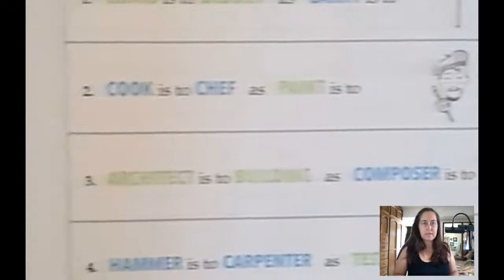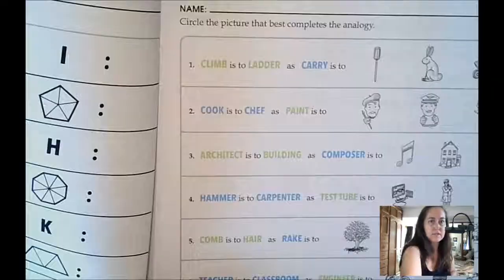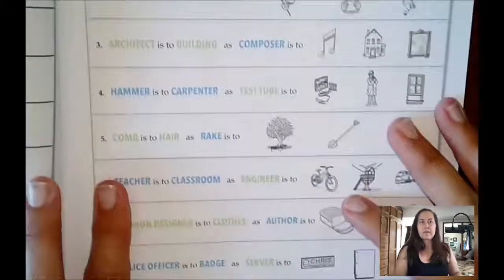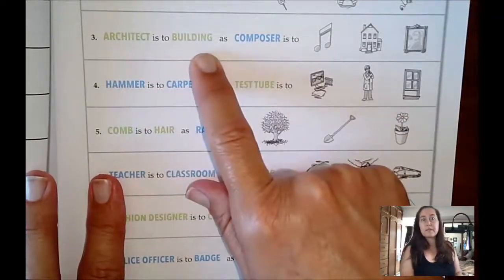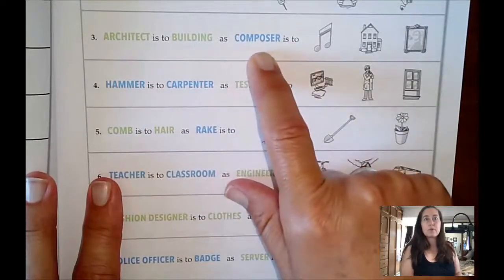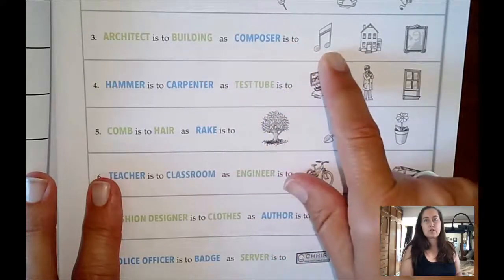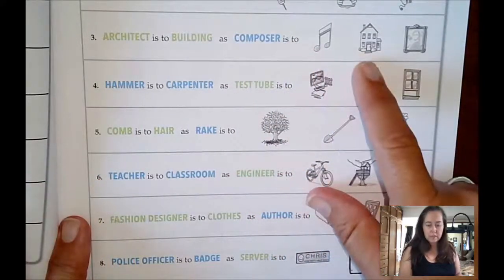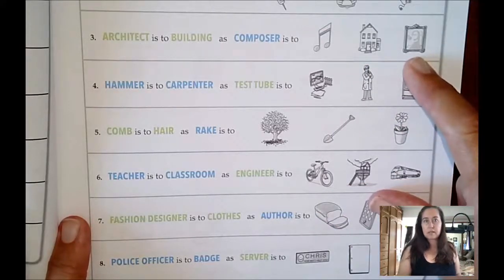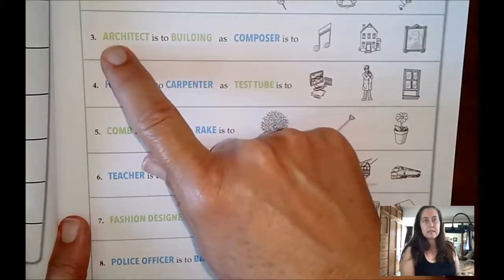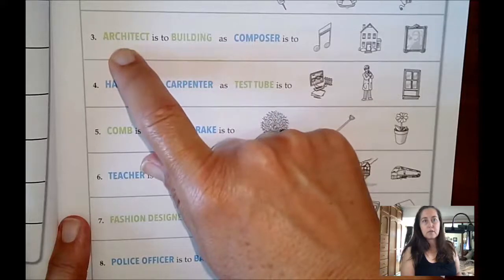All right, I'm going to back it out just so you see the whole thing. Architect is to building, as composer is to, this is a musical note, this looks like a 2-story house, and this looks like a painting, maybe the Mona Lisa. So an architect is someone who makes a building.